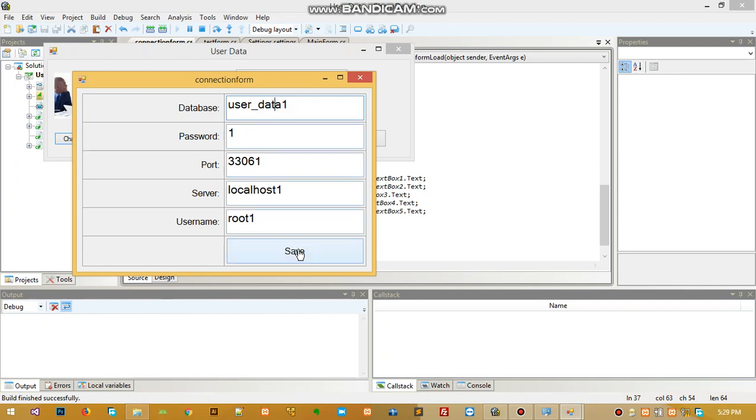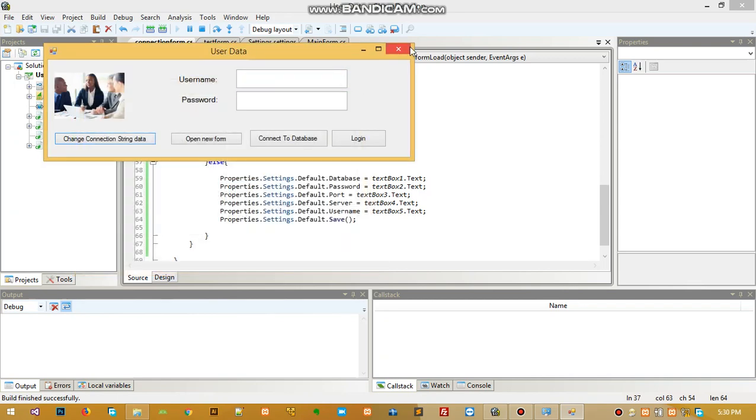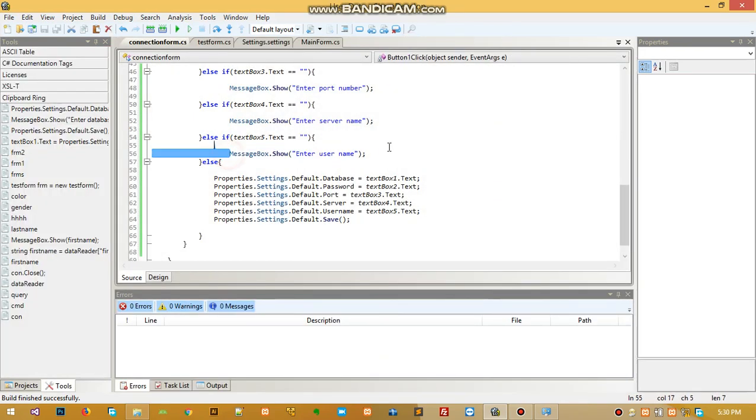So when you click this, it tells you it has saved this one, but what we have here will not correspond to any table we have in our database, and it will not be able to connect if we use this data. So all this data has to correspond to whatever you created on your MySQL or phpMyAdmin side. Okay, so let's clear this and get them back to how they were before. So let's save it and close the application, and then let me add this last line of code